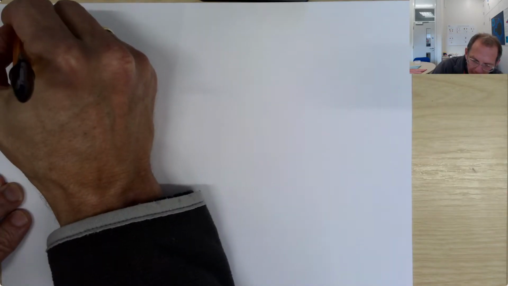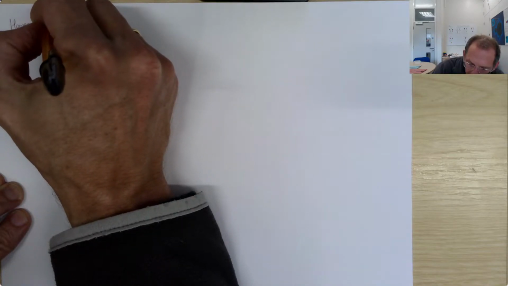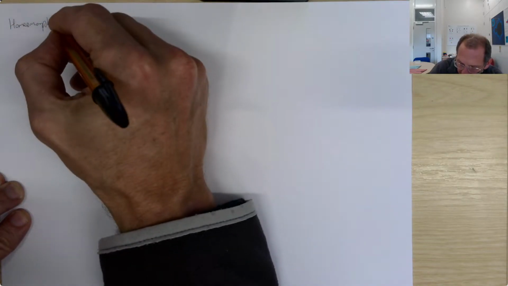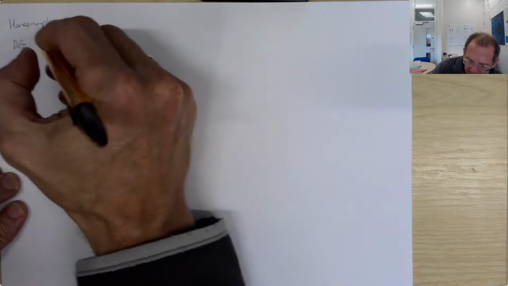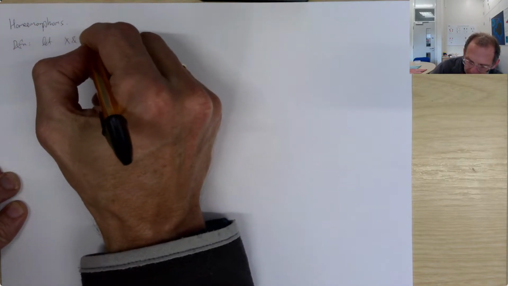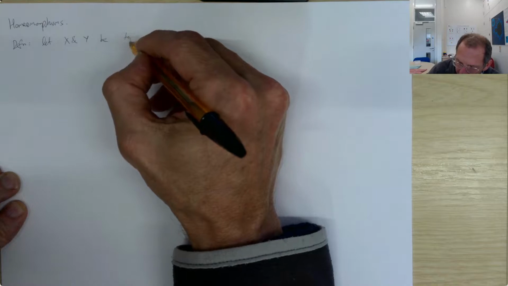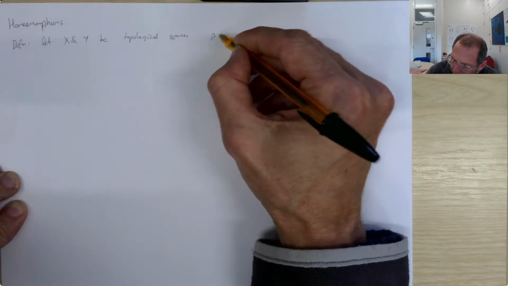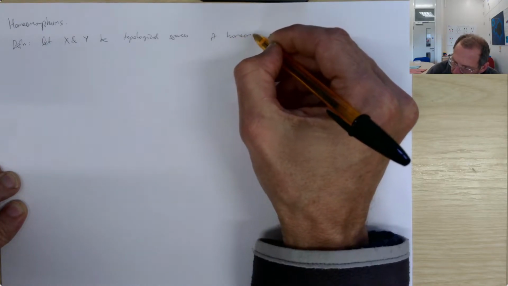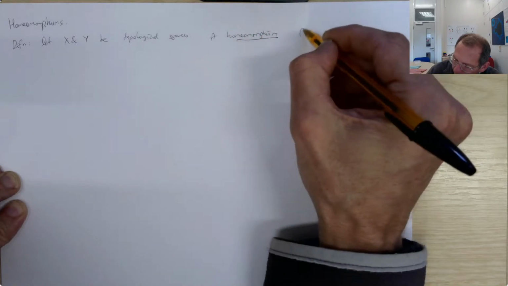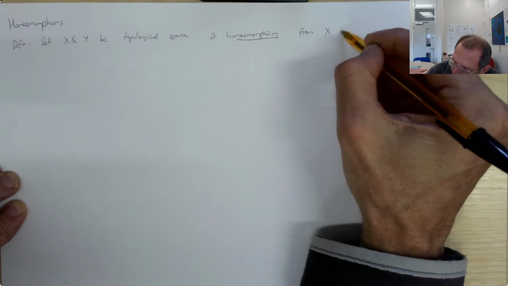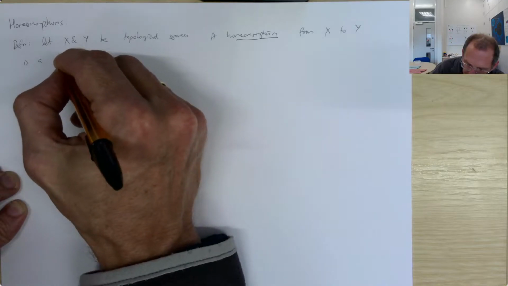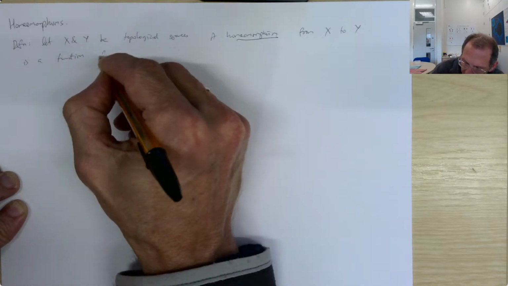Now I want to talk about homeomorphisms, which are the appropriate notion of isomorphisms between topological spaces. So, a definition: let X and Y be topological spaces, and then a homeomorphism from X to Y is a function f from X to Y